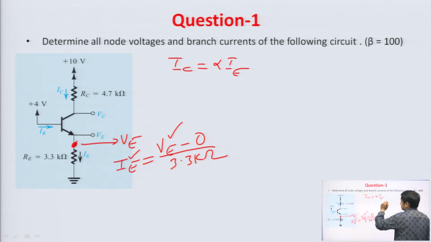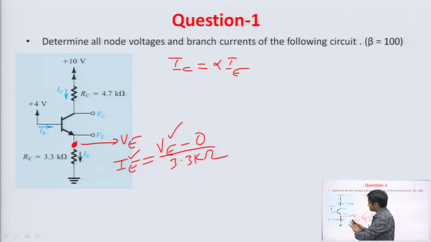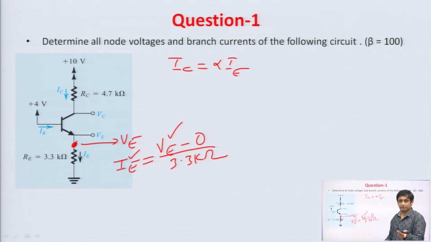Now, see, in fact, if we observe closely, then we will see that the base to emitter junction is forward biased, and the collector base junction is reverse biased, so it is in active region. But it is too early to say that this transistor is in active region, because we do not know the collector voltage. Just by observing these things, this will come after practice, fine. So, we are considering that this transistor is in active region, and we will verify that also, fine.